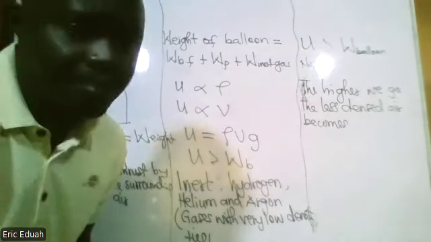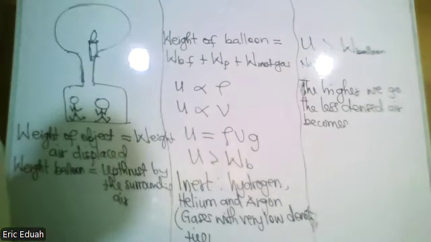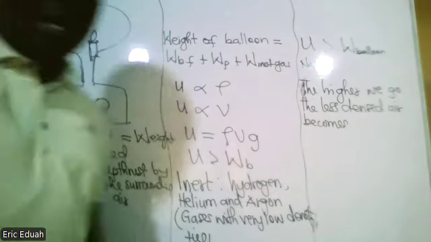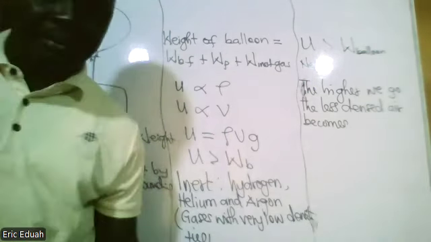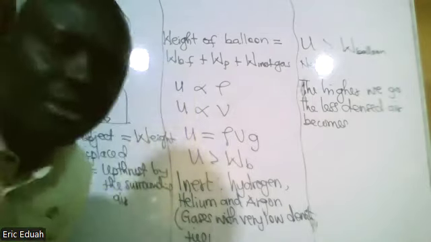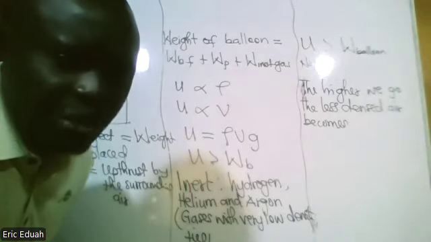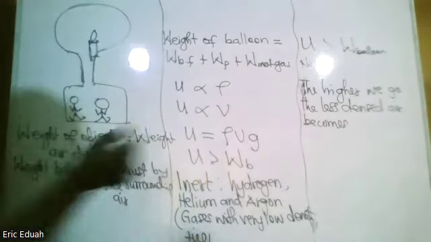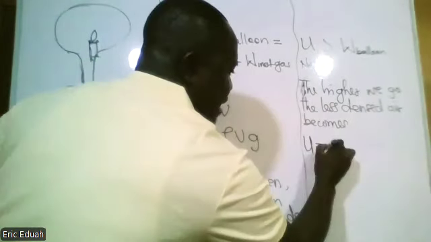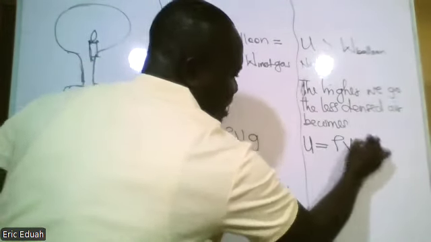Meaning as we go up, the density of air, which we are taking as approximately 1,000 grams per cm cube, reduces. If it is reducing, it means that as we go up, the upthrust which is pushing the balloon up, given by rho Vg,